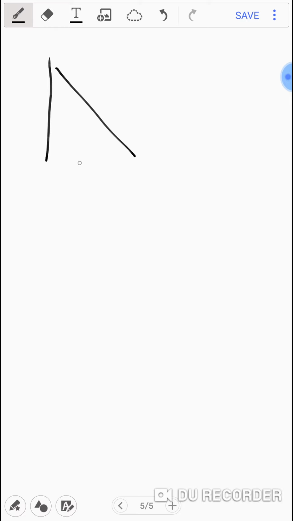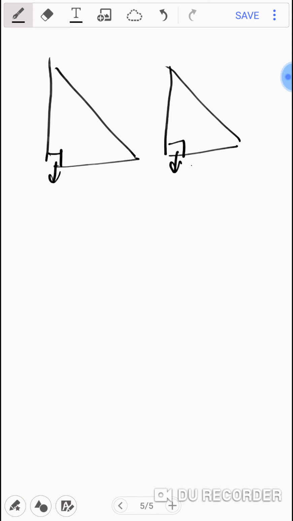If I have two triangles like this, especially right angle triangles, if this is 90 and this is 90, that means they are equal. Suppose it is given that the hypotenuse is equal to the hypotenuse of the other triangle and any one side, either this or the other one, is equal. Then such two triangles will be said to be congruent by the test called the right angle hypotenuse test, that is RHS. Are you getting my point?